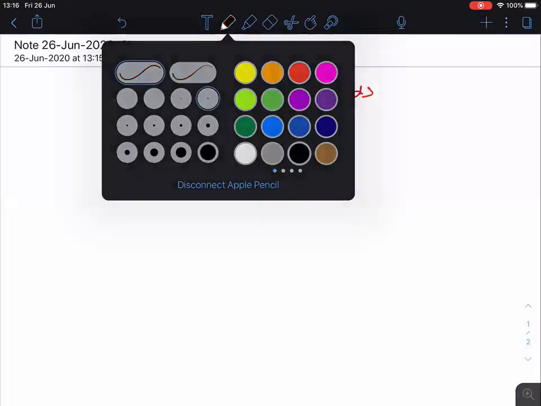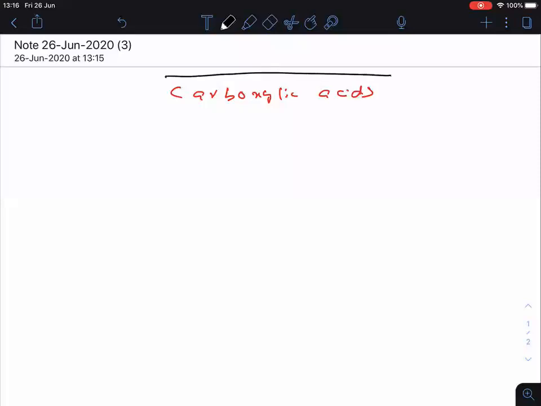Okay, all important named reactions are totally completed. So in that lesson, one more part is left over. In that lesson, what is that part? Carboxylic acids. We are going to discuss the carboxylic acids in today's class.